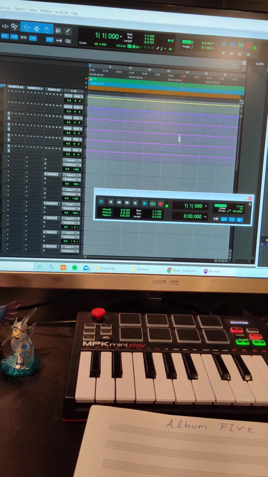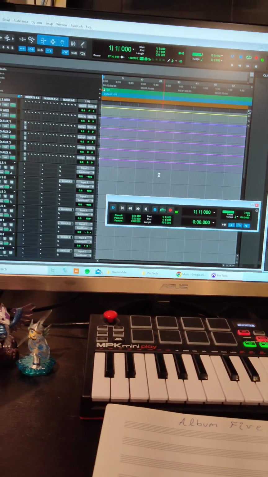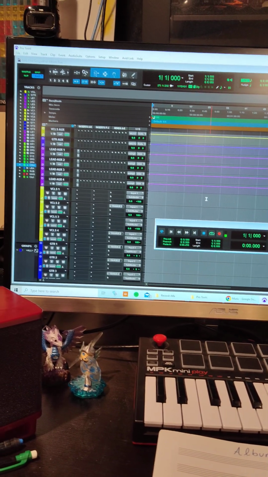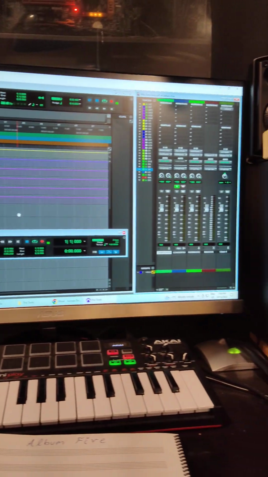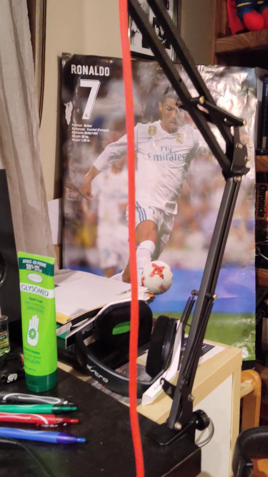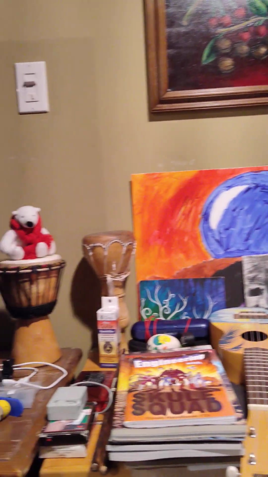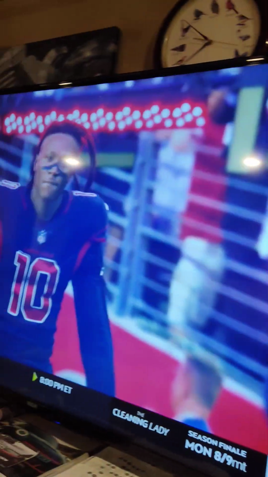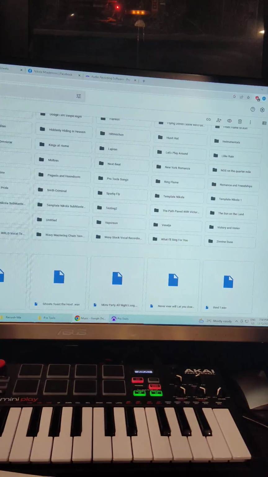Anyways, back to music studio stuff. So, the first thing you're going to want to do is get Pro Tools or some other type of music software. So, the first thing you do is